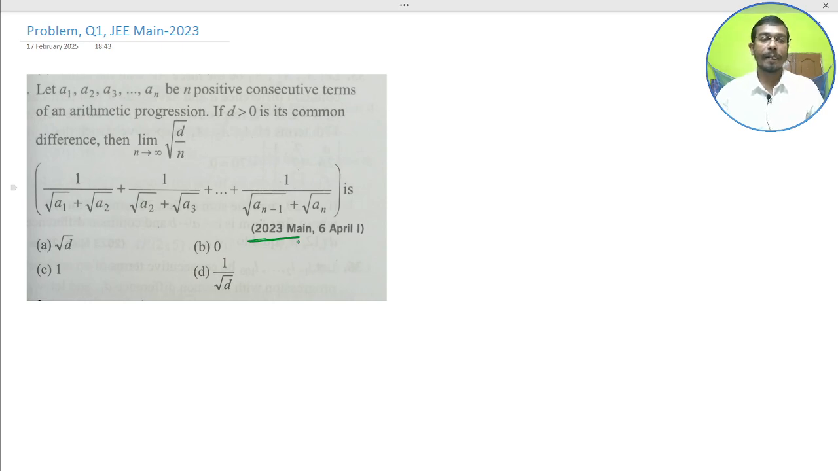It says: let a1, a2, a3, dot dot dot an be n positive consecutive terms of an arithmetic progression. If d greater than 0 is its common difference, then limit n tends to infinity root over d by n into 1 by root a1 plus root a2, plus 1 by root a2 plus root a3, plus dot dot dot plus 1 by root an minus 1 plus root an